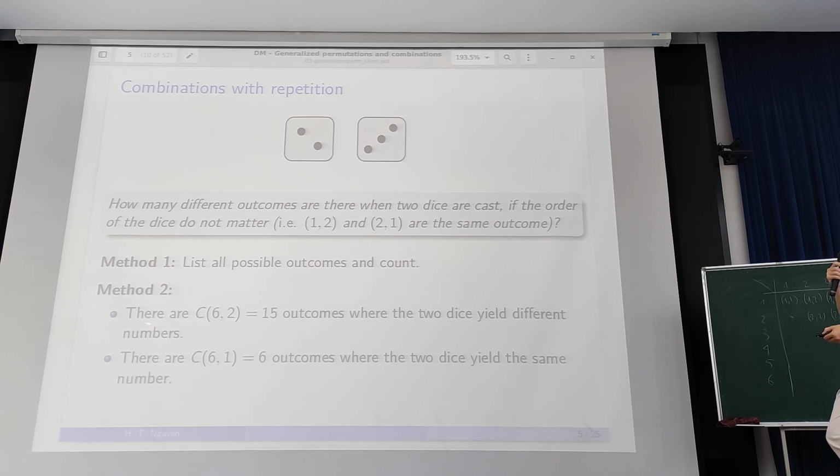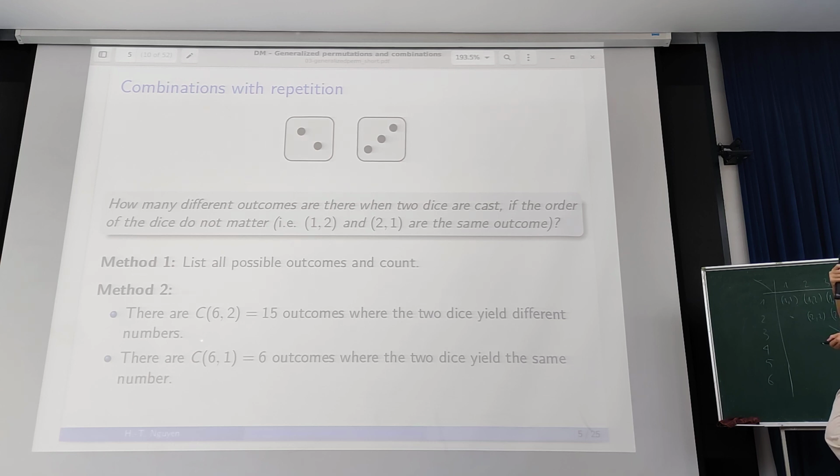So suppose that you divide the outcomes into 2 categories. In the first one you have 2 different numbers. If you have 2 different numbers, it's the same as choosing 2 elements from a set of 6. So you have 6 choose 2, and you know how to calculate this. You have 15